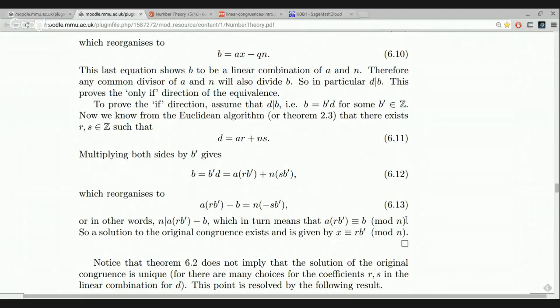Because when you've got a linear combination involving N, well, then we know that these two items here are congruent to one another, modulo N, because their difference is a multiple of N. So having linear combinations involving N is a good stepping stone to constructing congruence classes modulo N. So here's a linear combination featuring our D. Now we want to talk about congruence classes